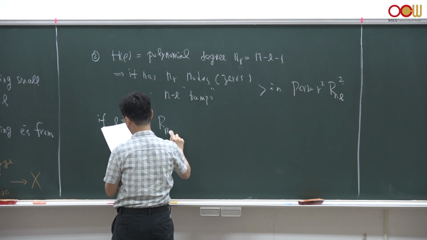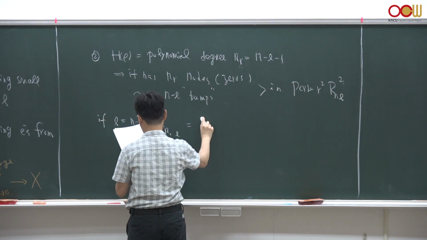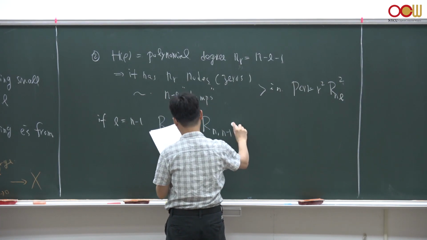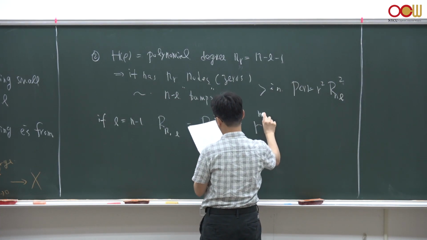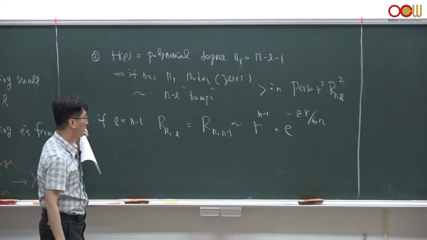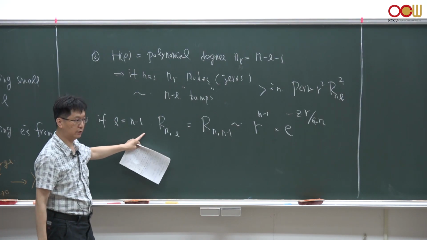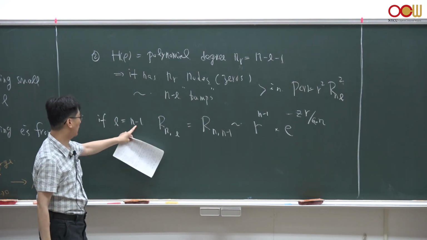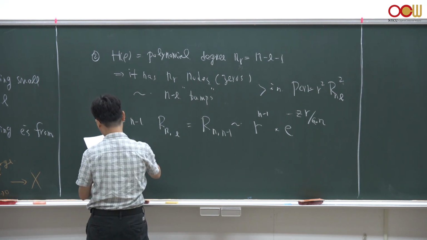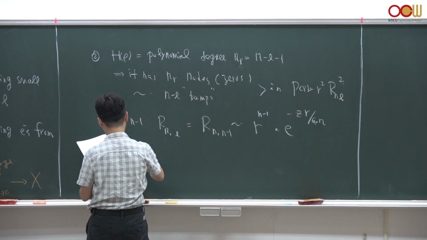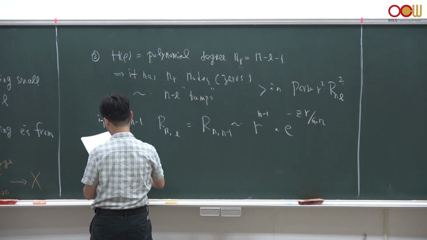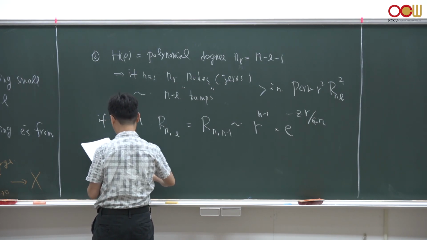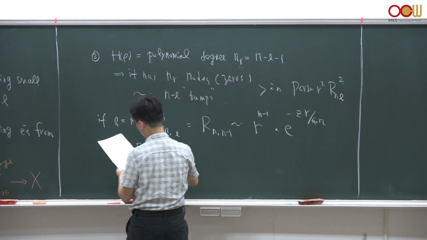We just look at this probability distribution for the particular case when L is n minus 1. In that case, you could very easily see these bumps and nodes from the minima or maximum values of this